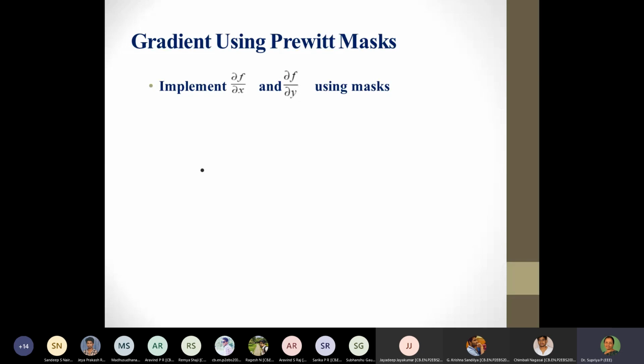Most probably we can expect that since the previous mask was a 2 by 2 mask, what would be Prewitt mask? Would it be again a 2 by 2? I mentioned Roberts mask is the only 2 by 2 mask which is available. So naturally Prewitt's mask is going to be, yes, what will it be? It will be a 3 by 3 mask.